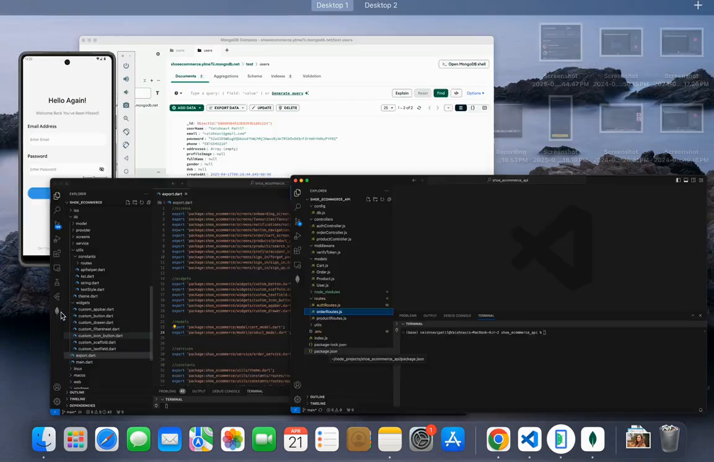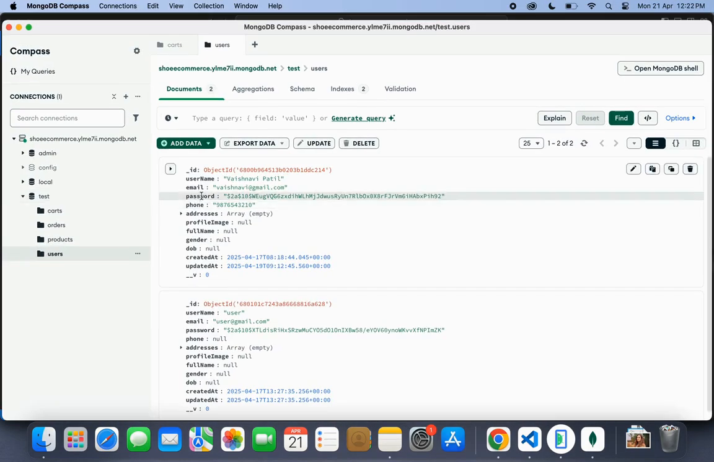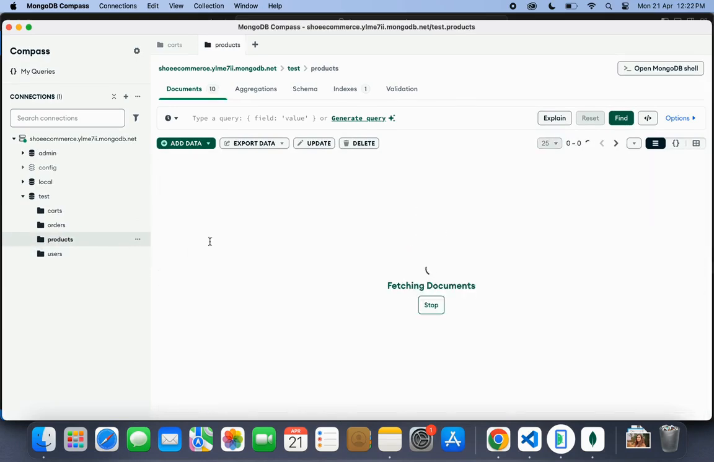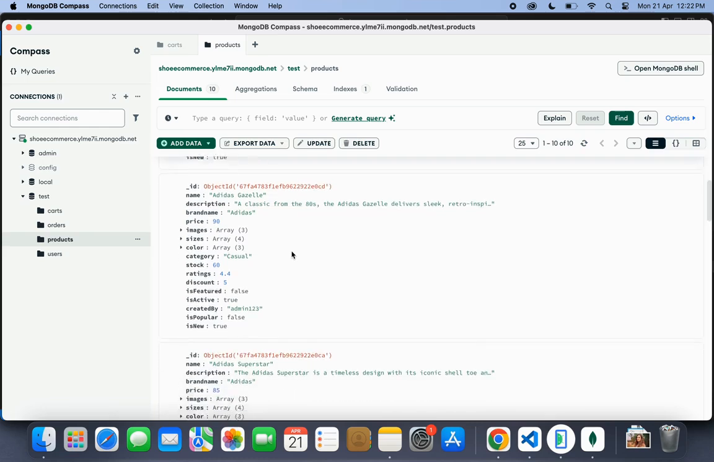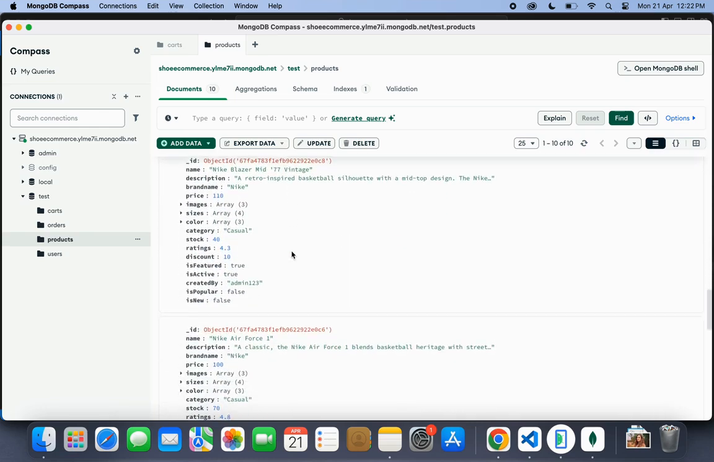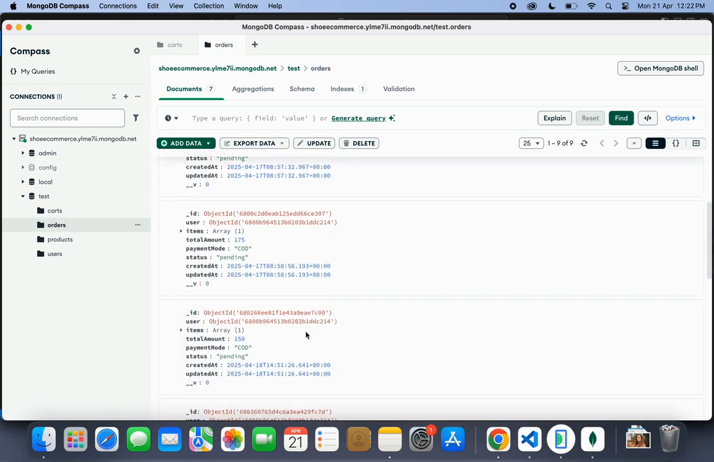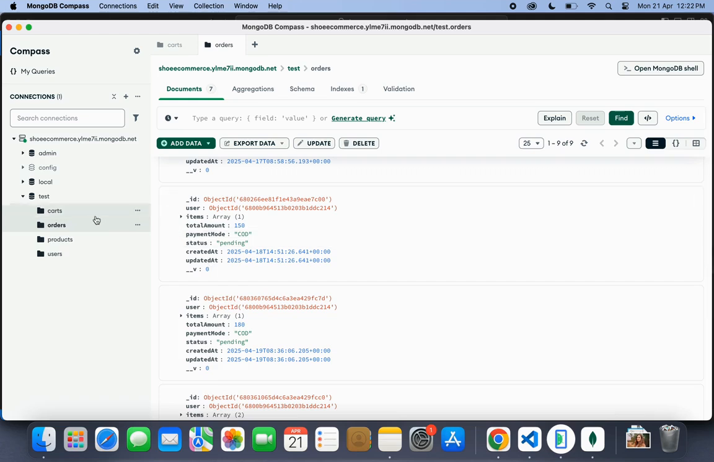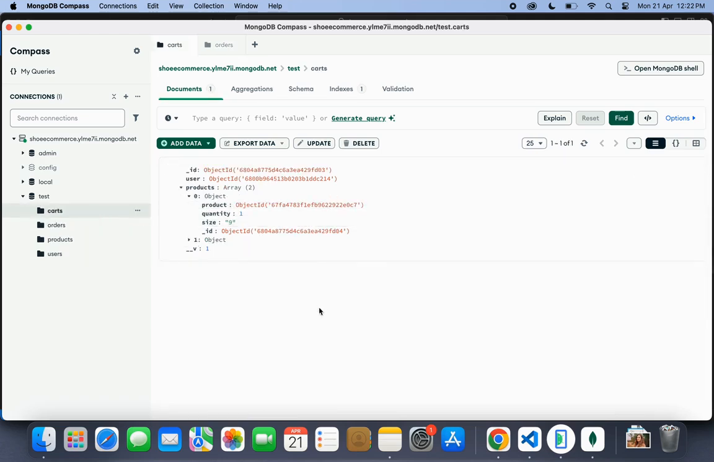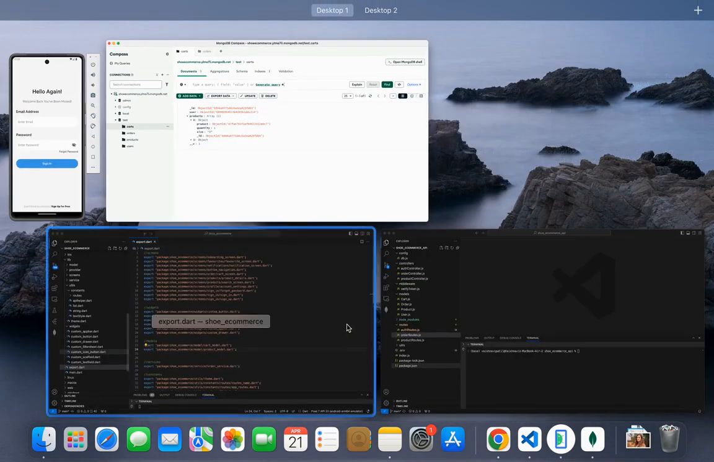When it comes to database, I have used MongoDB. As you can see, there are these users, products. I have created a dummy database, and orders and carts. The backend is hosted on AWS EC2. The database is in Mongo Atlas. I have added all proper validation, error handling on both